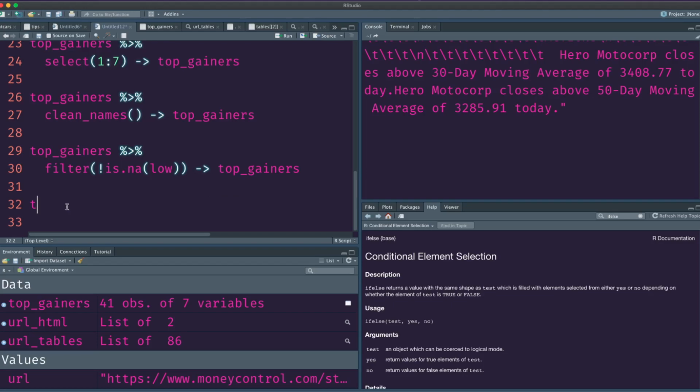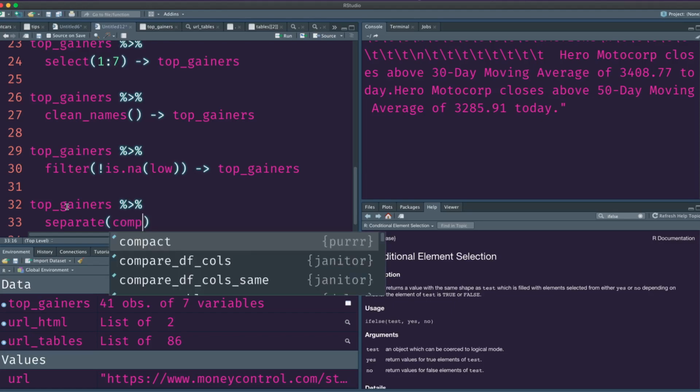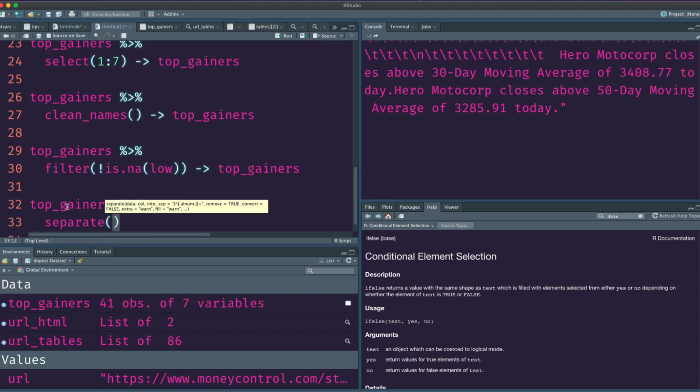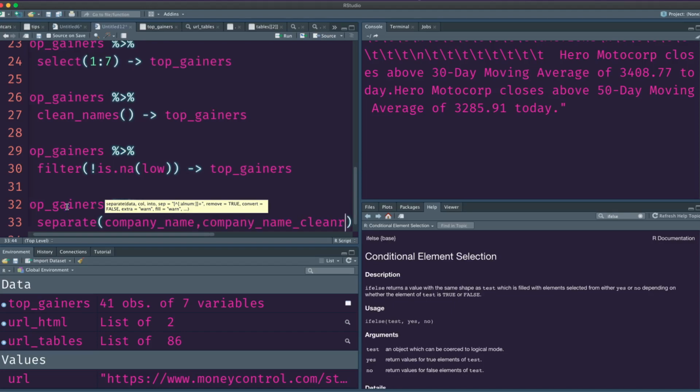Top gainers, separate column, company name. Let me just say company name into, I'll call it company name new, cleaned, and the separator is